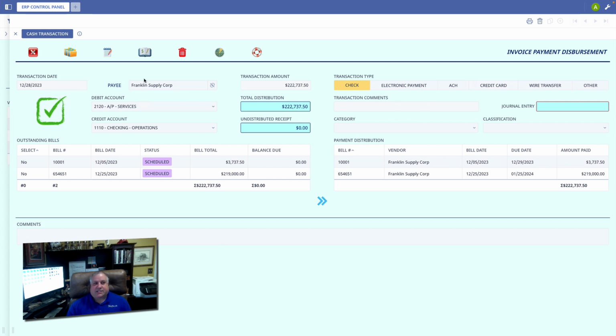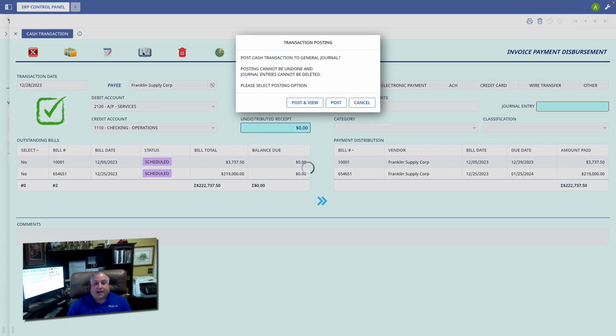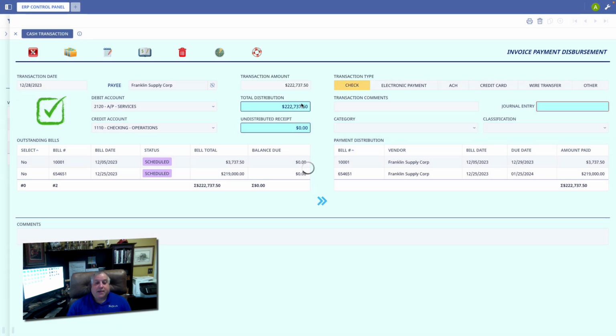Like all transactions in the Ninox accounting system, transactions can be distributed in batch or in real time. Real time means I'm going to post every transaction right as it's entered. I click the posting icon. I can either post it or post it and view it. I'll go ahead and select Post and View,